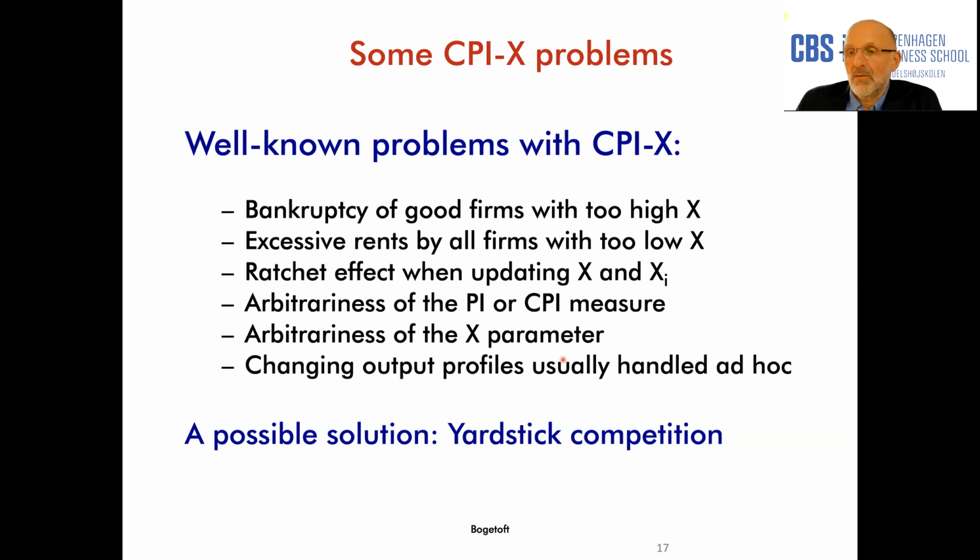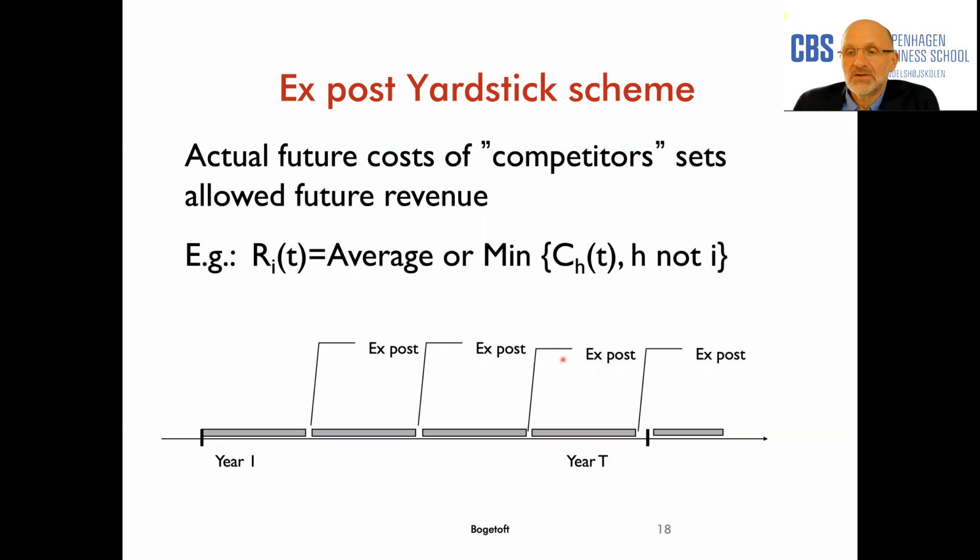Another issue that will come up in regulation like this is that if people start doing a lot of new things, these kinds of ex-ante regulations will easily be challenged, because you have to introduce extra payment for extra new services. One of the solutions to this is to move to a Yardstick scheme, which is like an exposed revenue cap scheme. You basically let the companies operate, and then you see how much cost they've been spending and what kind of services they've been providing.